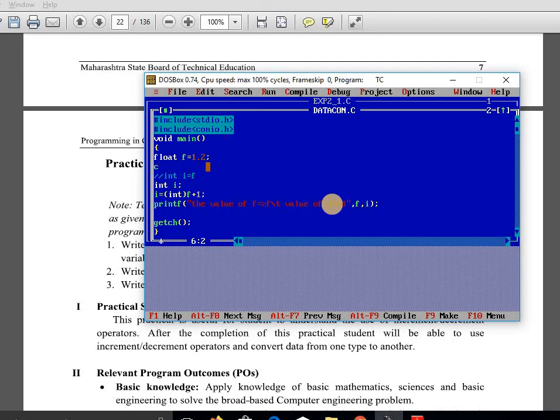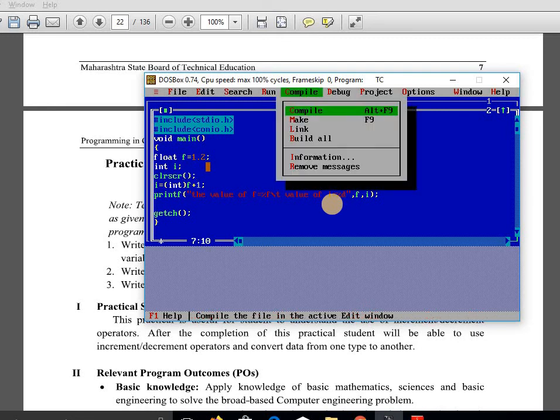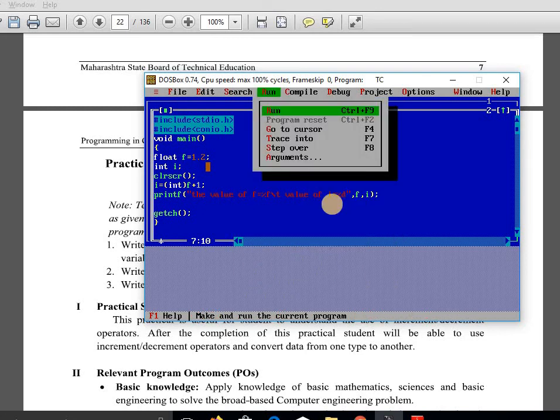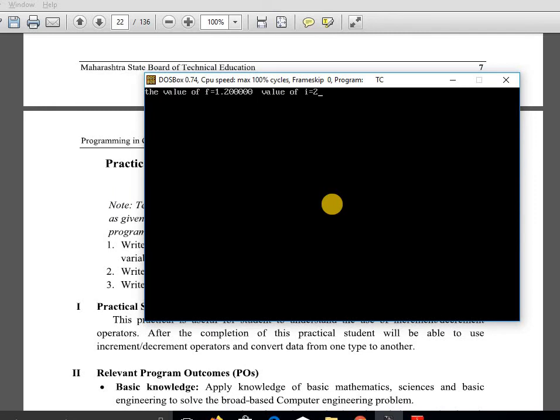Now we will execute this program. Now you can see here the value of f equal to 1.000, meaning the actual value of f is a fractional number, that is 1.2, but the value of i is 2.